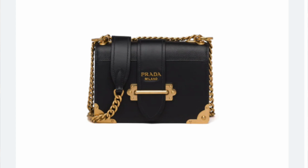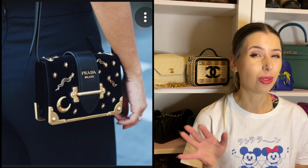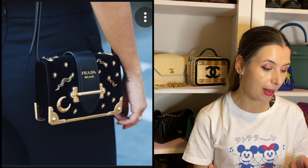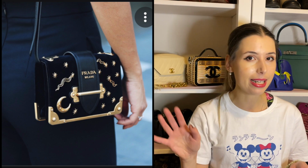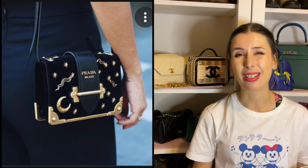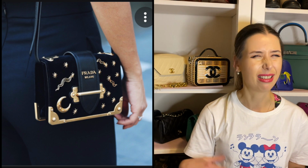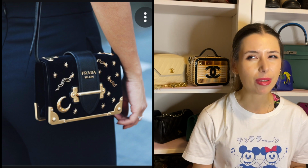I remember a few years back they had the Spellbook Cahier bag, which I thought was really cute and probably my dream Prada bag. I like how there's a lot of gold details on it, and it's a leather bag, and I even like the fastening of it. I think it is quite unique. When I was really thinking about Prada, there's actually not many bags which I dislike. I think their designs are pretty classic and just normal looking,